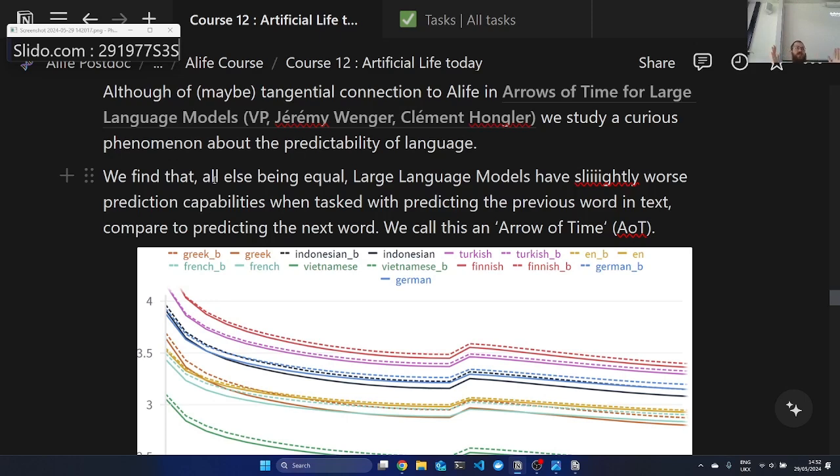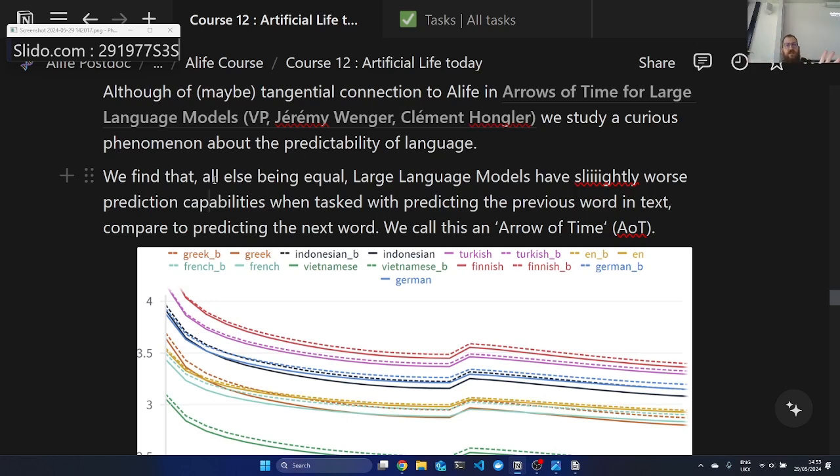Usually, the way you train large language models is that you give them some text, you hide the end of the text, and then you iteratively ask, okay, what is the next token? What is the next token? And so on and so forth. This is how ChatGPT was trained. The reason is that usually you want to complete text. For a chatbot, you want it to fill in the next answer.